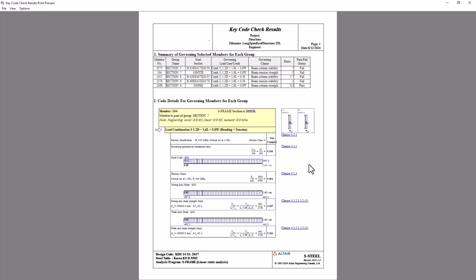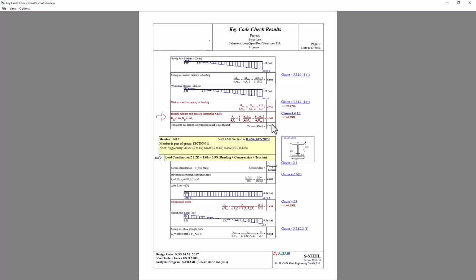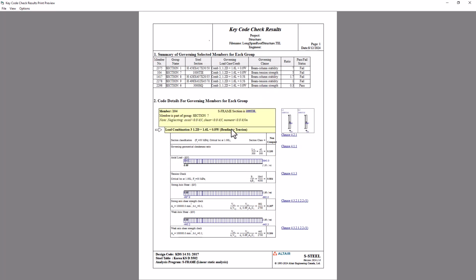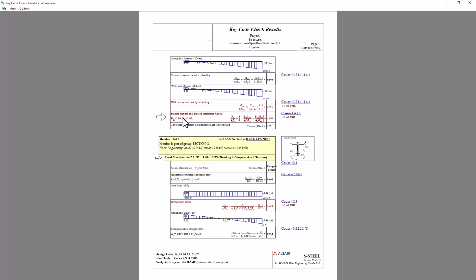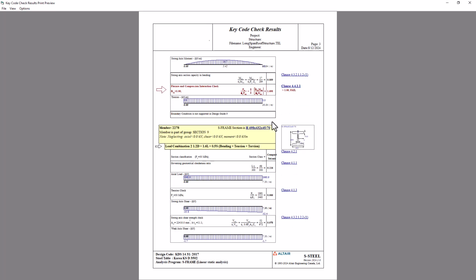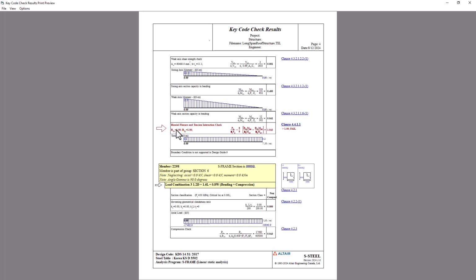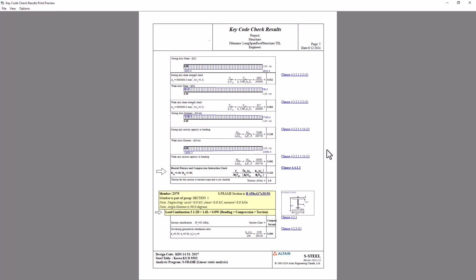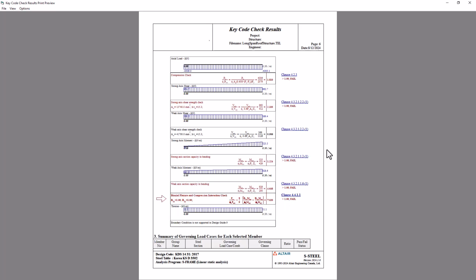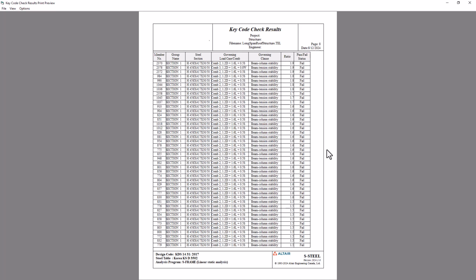And I can scroll down through this report, and this is showing me where those highest utilizations are occurring. So I can see for my particular, this is a tie section. You can see here the cross section is experiencing quite a high utilization ratio for the biaxial flexure and tension interaction check. But if I scroll through this list, I can see other members that are experiencing similar issues. Maybe not all of them are failing, but we would obviously want to consider revising some of these. And there's a list of all the performance of all the sections, and at the very bottom,